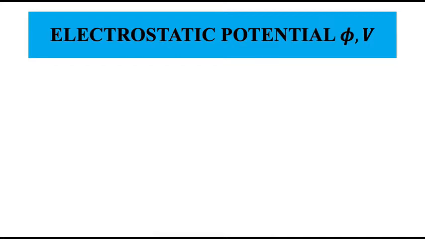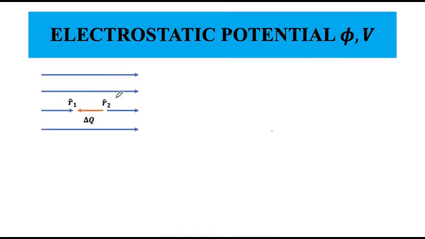So now I choose a particularly interesting electric field pattern. Let's say I don't want to choose the point charge. I choose a particularly interesting field which I have somehow generated, and this electric field is pointing horizontally and is uniform along this direction. Such an electric field we have already discussed how to obtain. You can have a long line of charge, and this is essentially the electric field produced by it, except that its magnitude would be decreasing. But here I am assuming that the magnitude is the same.